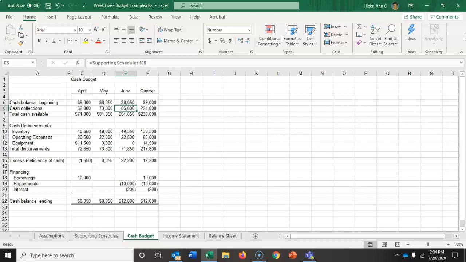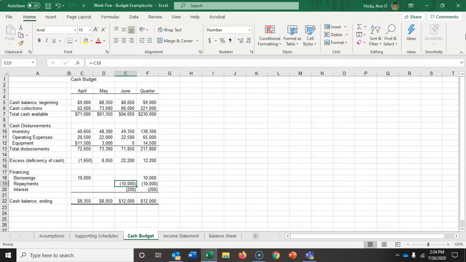We had cash collections of $86,000 for total cash of $94,050. Inventory disbursements, operating expense disbursements. There were no more equipment purchases planned. So we have total disbursements of $71,850. That leaves us with excess cash of $22,200. Now we have more than enough cash to pay back the full